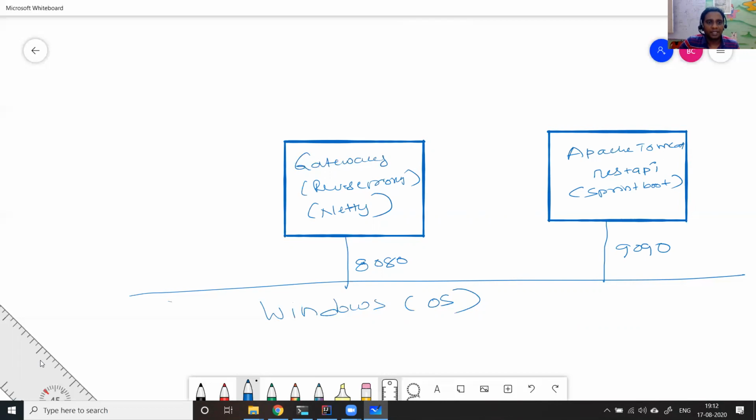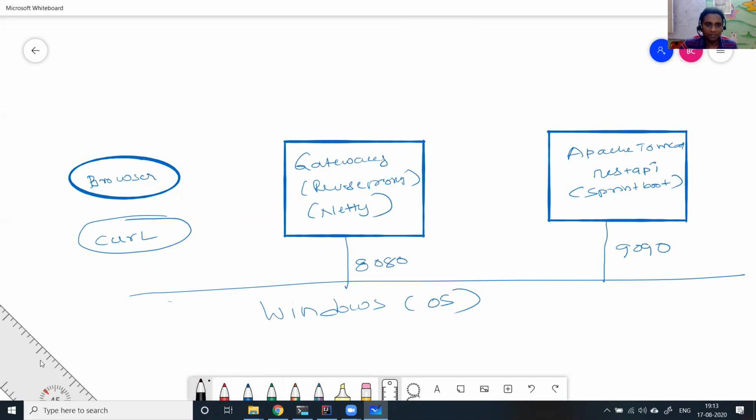So now I have two clients. One can be a browser, and another can be a curl. In this demo, I'm going to show both the clients. So the browser is going to make a request to Netty.